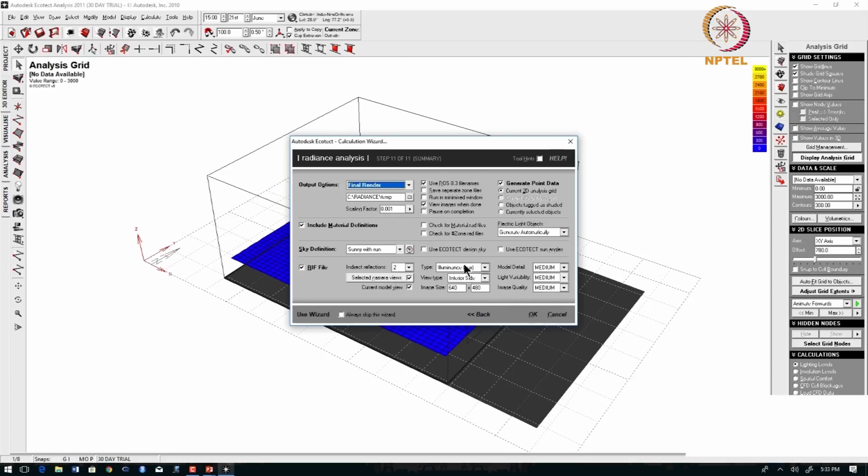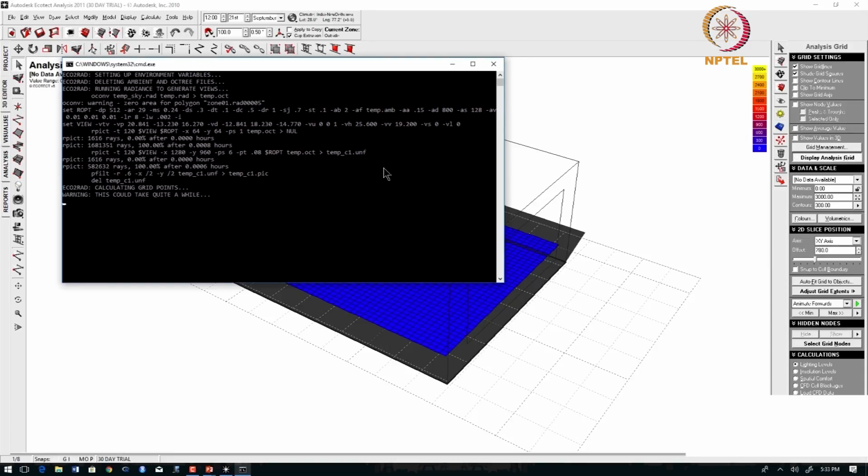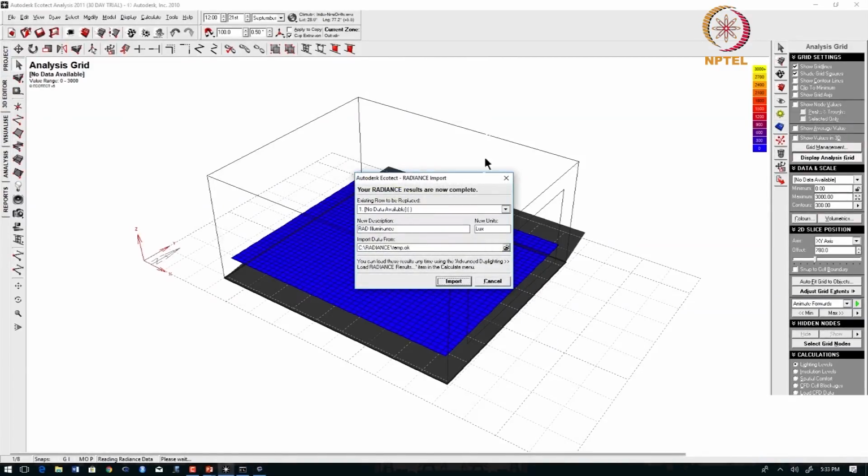So, this is the setup of this tool Radiance. So, for detailed tutorials you can refer to the link that I have given. So, it runs in the background. The Radiance engine is running in the background, but the modeling we have done in Ecotech. So there are many other tools that you can use for daylighting, but Radiance is something that is freely available. I think Ecotech currently has been stopped. There are many other alternatives for doing this analysis as well.